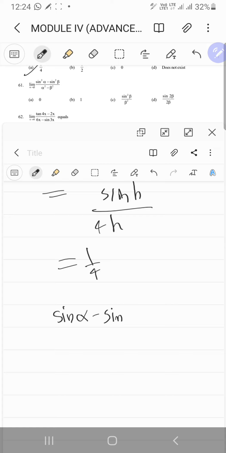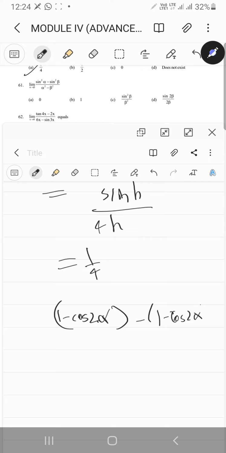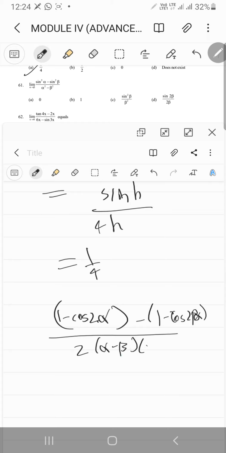I think we can also do it like this, right? So multiply by 2 on both sides, so it should be 1 minus cosine 2 alpha minus 1 minus cosine 2 beta, and upon 2 times alpha minus beta into alpha plus beta,